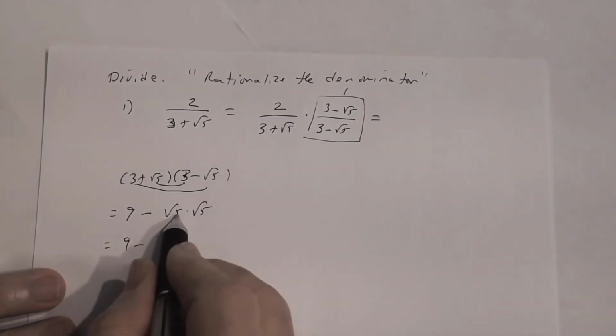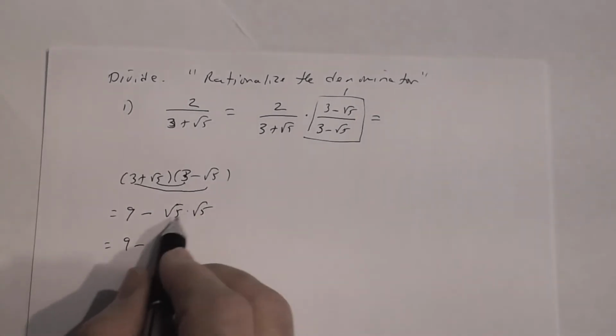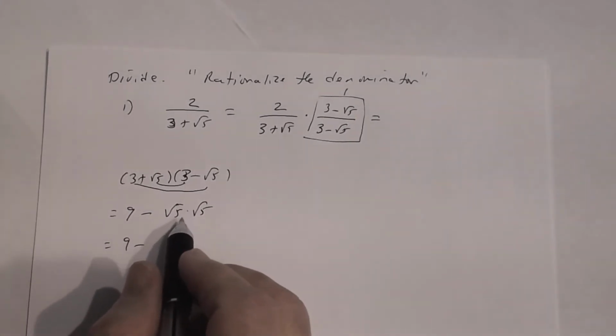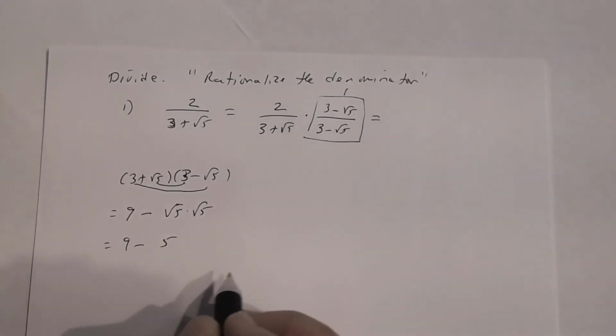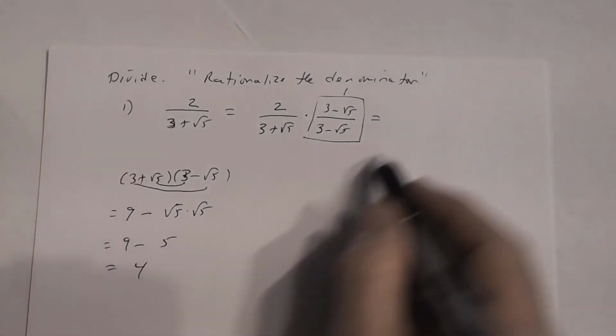Y'all agree? And so I get 9 minus, and then remember, most of you know that the square root of 5 times the square root of 5 is 5. If you need to, multiply it out. Use the product rule. That's the square root of 25, and the square root of 25 is 5. And so I get 9 minus 5 is 4. And so notice that's my